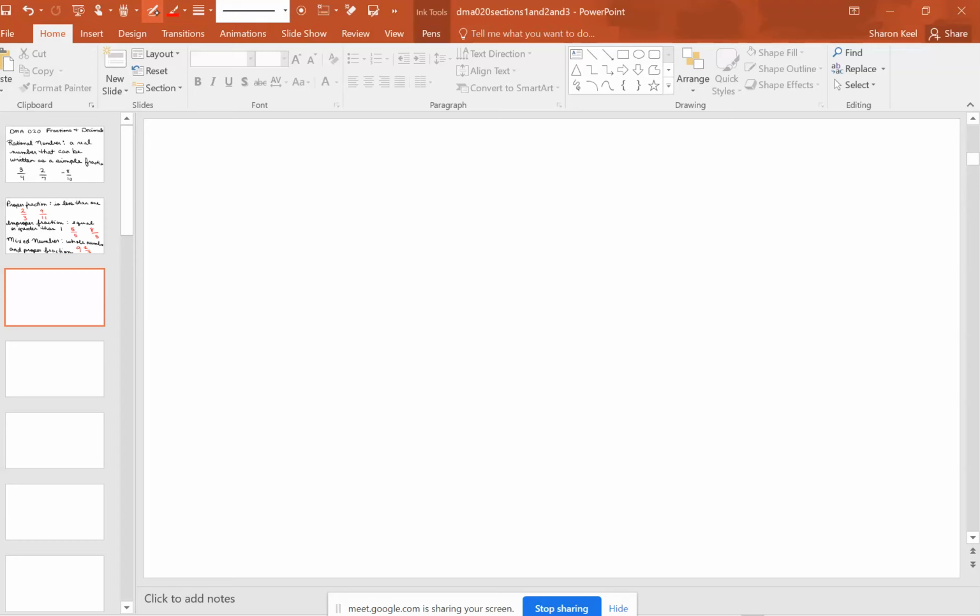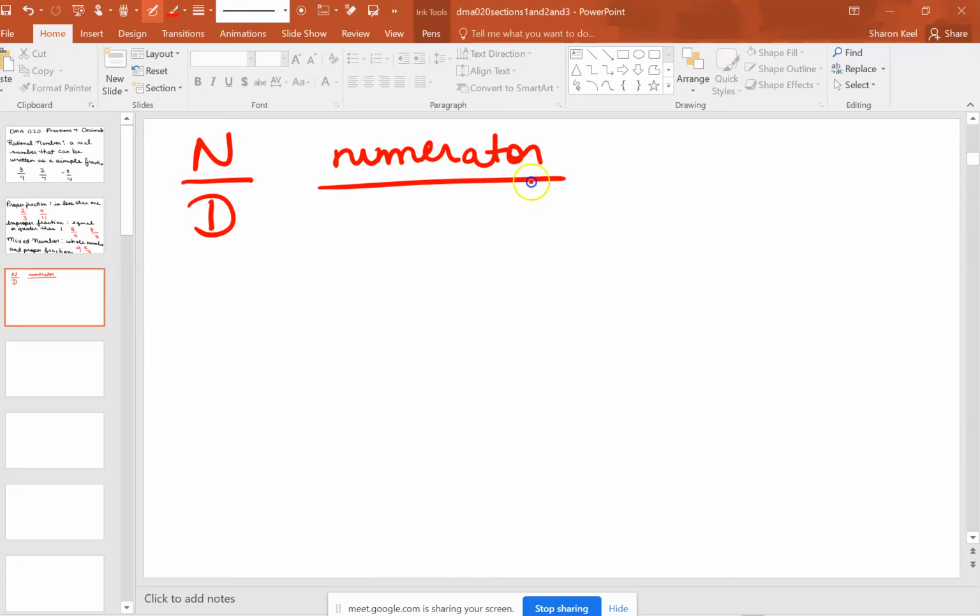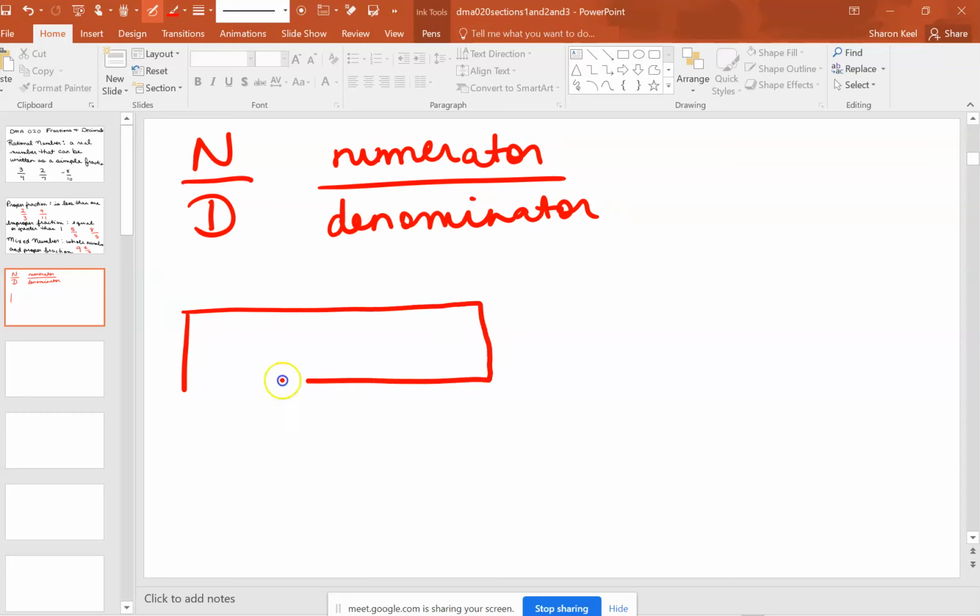When you have a fraction, the fraction is going to be made up, and I'm going to write this abbreviation N over D, which means you have a numerator over the denominator. When you have a fraction, let me also give you another example here. Let's say we have